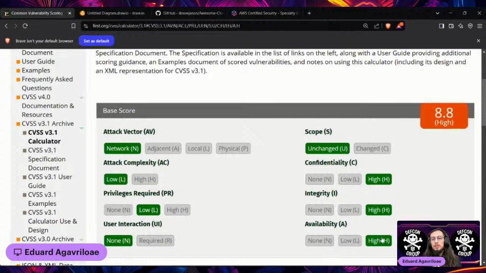Now, as you can see, if we leave it like this, it's 8.8. It's a bit high. I can tell you that most customers will think this is too high. At the same time, it's a privilege escalation vector. Like, you don't want to lower unnecessarily the severity of the finding, because if this finding will be exploited by a real attacker, and escalating privileges to